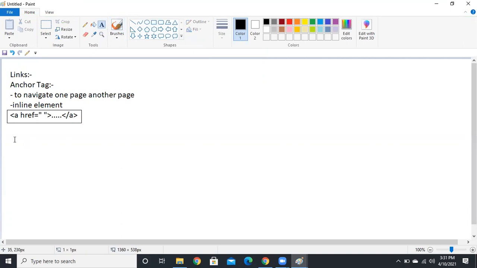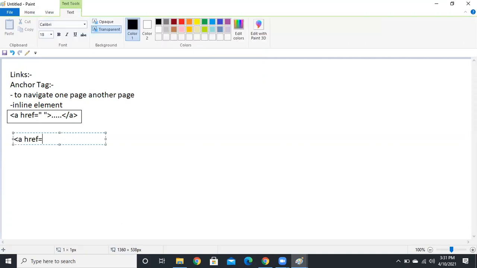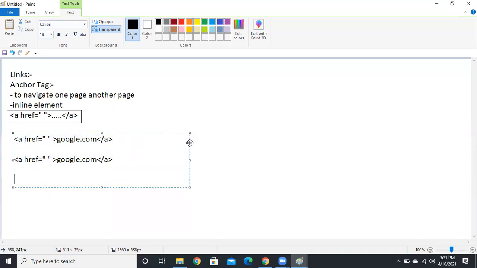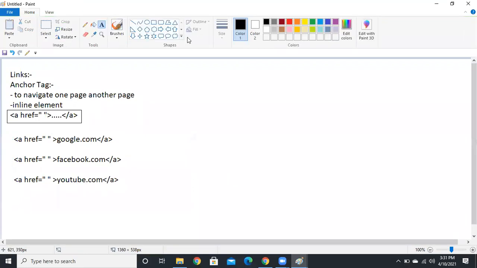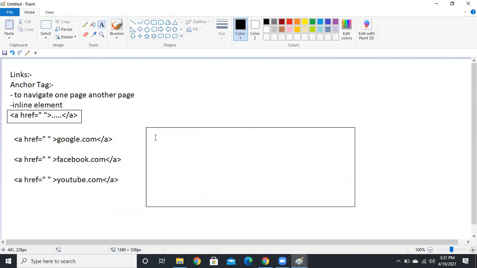Suppose I am going to create a link like google.com. Like this. See, I will show you how these links are displayed. This is your output, it will come like this, guys.